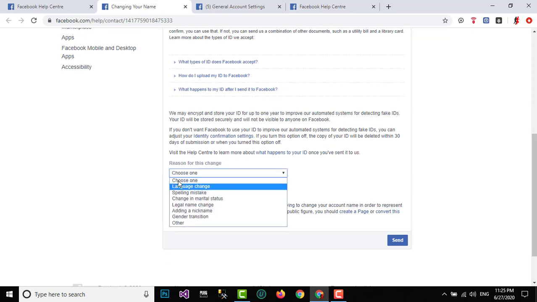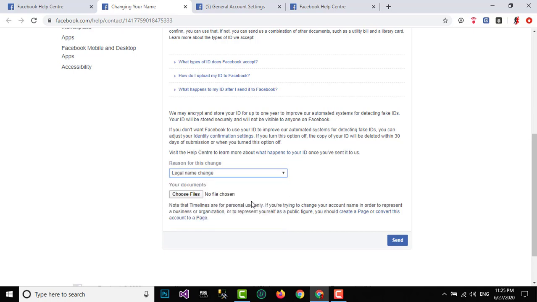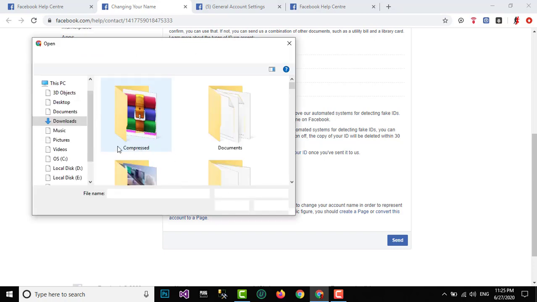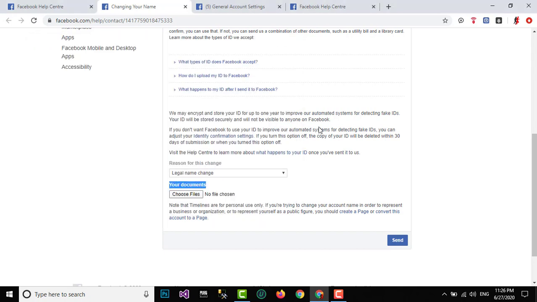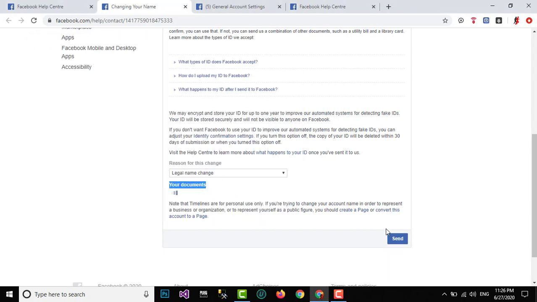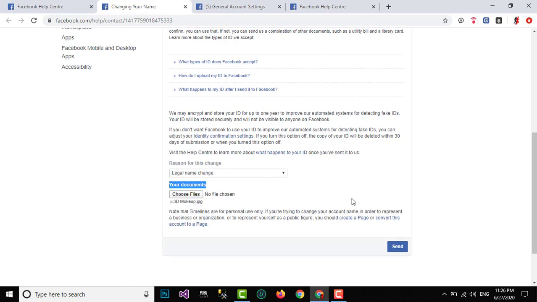So you have to choose a reason why you want to change your name. You have to choose the legal name change only. Then your documents: any documents you can upload, but they must include your name and your date of birth. You include your document from this choose file option. Any document you can upload and just submit to Facebook. I am uploading any random photo to Facebook to change my name. So I am sending it to Facebook,